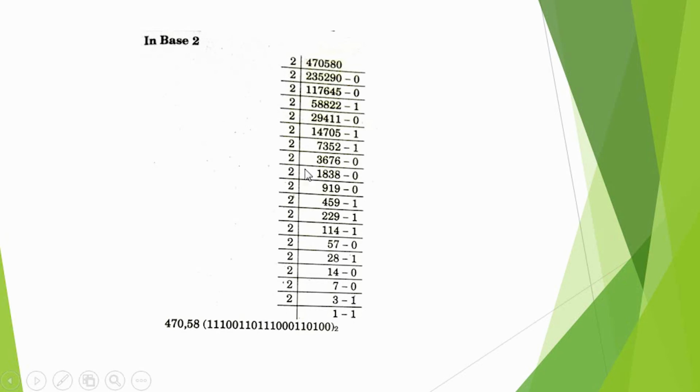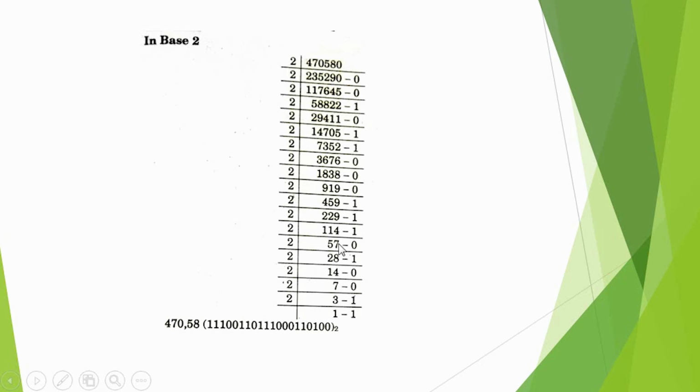2 twos are 4 and 1 becomes carry. 2 threes are 6. 2 sixes are 12. 2 sevens are 14. 2 sixes are 12 and 0 carry. 2 ones are 2. 2 eights are 16. 2 threes are 6. 2 eights are 16. Now 2 fours are 8. 1 becomes 10. 2 fives are 10. 2 nines are 18. 1 carry. 2 twos are 4.